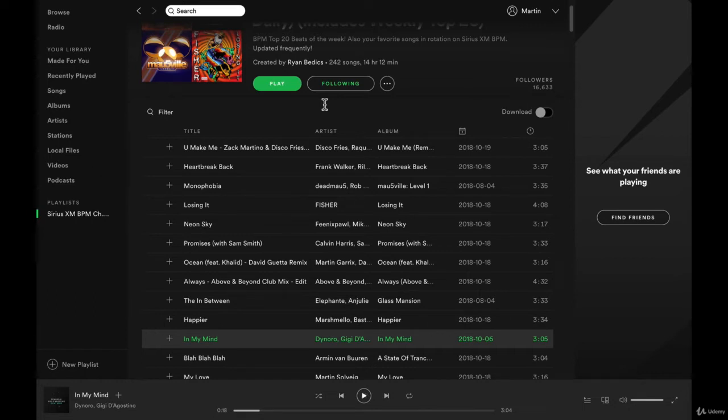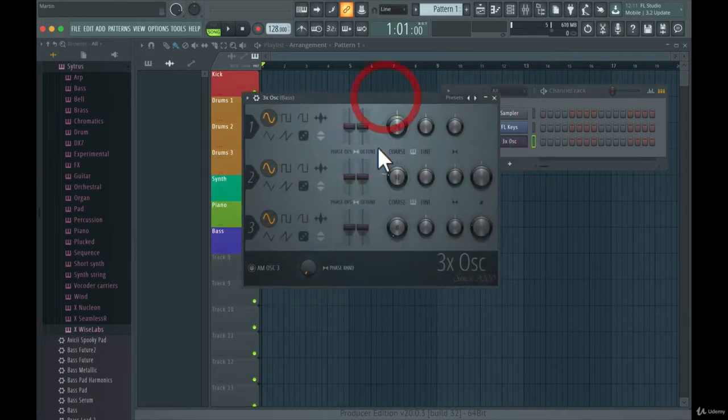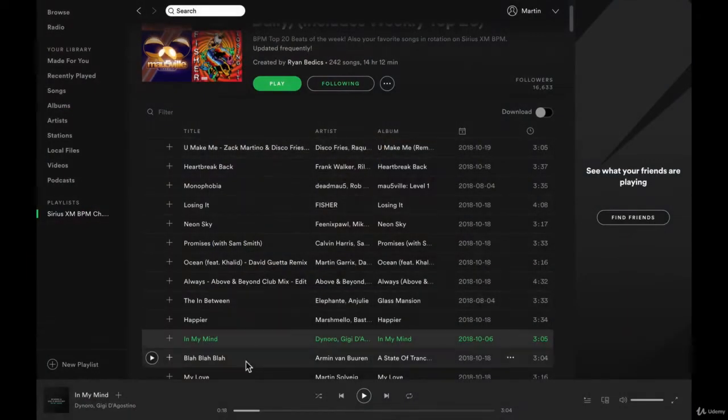So first, let's just take a look at these notes here, because these are just plain notes that are being played. So let's take a look at FL Studio, what we can do here to recreate that same sound that comes with that track. So first, I'm always using this project that I showed you earlier on in this course, but I'm going to go with 3x Osc here and just take a listen to these notes that are being played. So if we take a listen to the track again, to the intro there, and let's just play on my MIDI keyboard here.